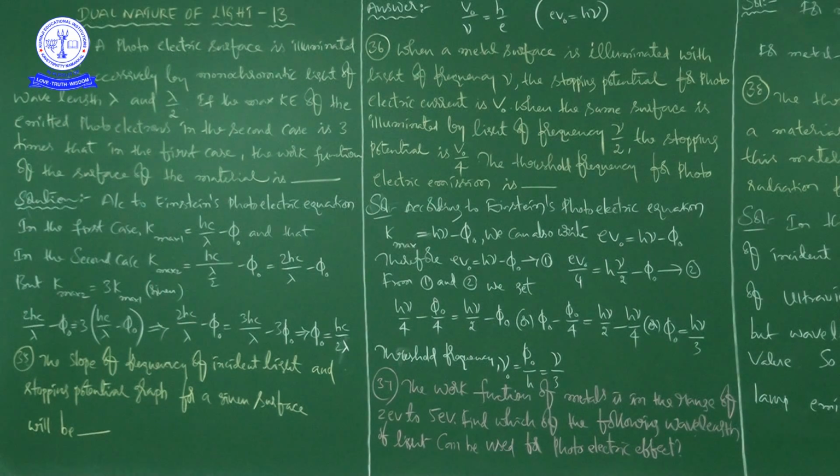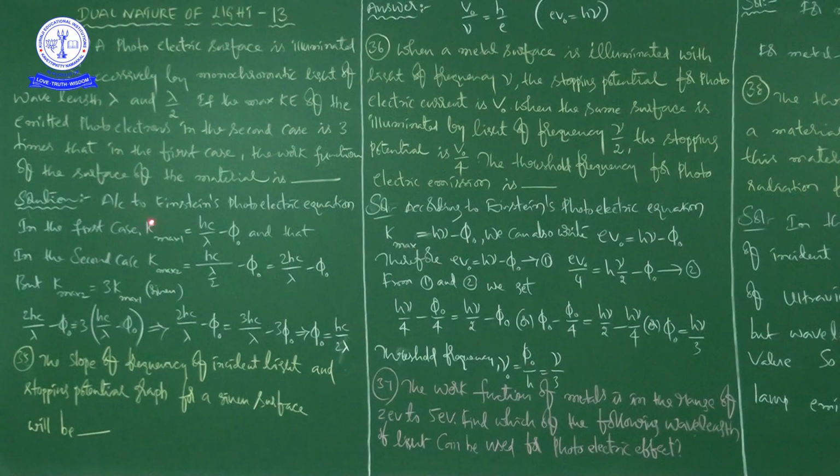In one case it is lambda, in another case it is lambda by 2. And he also gave the relation between the maximum kinetic energy in 2 different cases. So in the second case it is 3 times that in the first case. The work function of the surface of the material is,